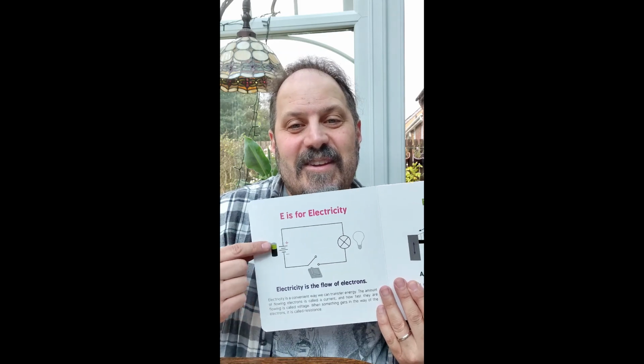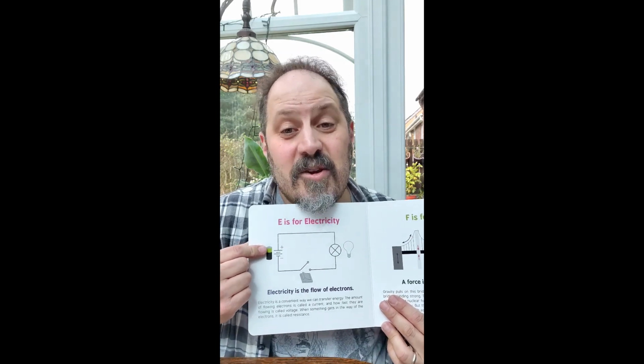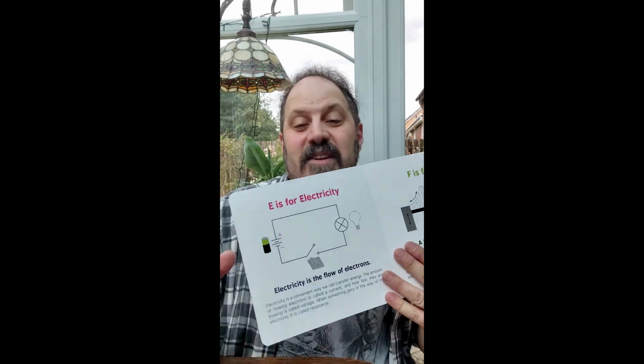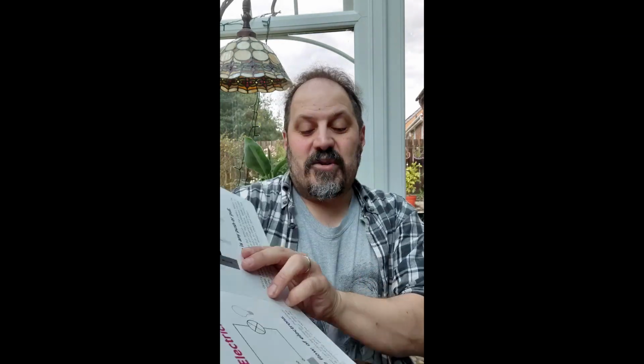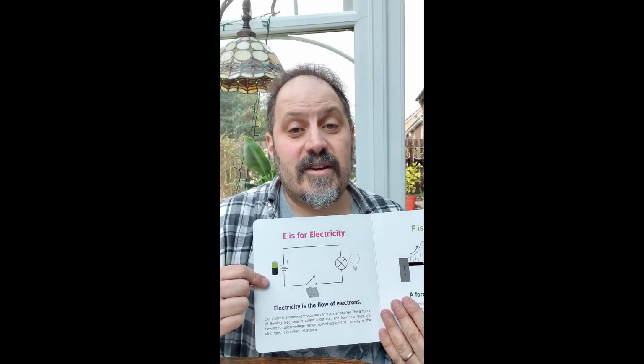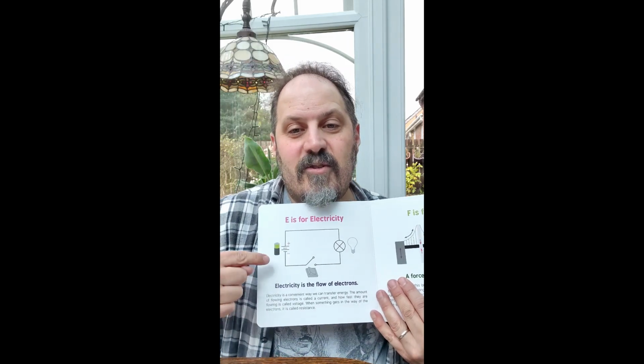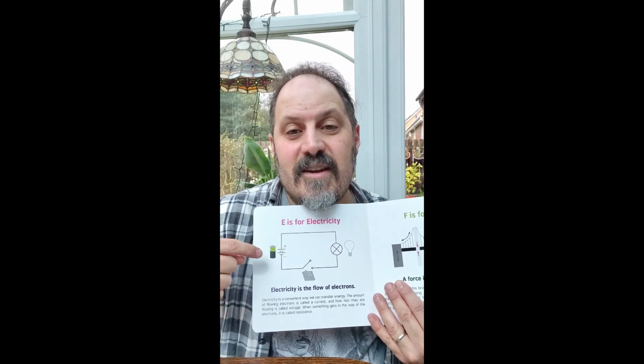E is for electricity, and you will see electricity everywhere. You've already seen it in your house, you've seen it in cars, you've seen it in museums or wherever your parents have taken you. If you have light bulbs, or if you're watching this video, that means that you have electricity. So electricity is a convenient way to transfer energy. The amount of flowing electrons that are moving around is called a current, similar to water, when the electrons flow from the positive side to the negative side, and they move from one end to the other of a battery